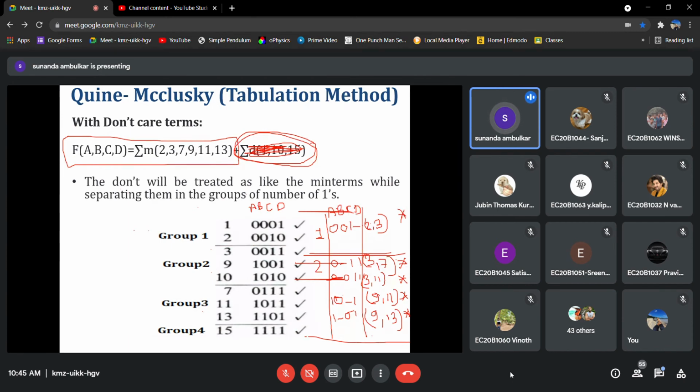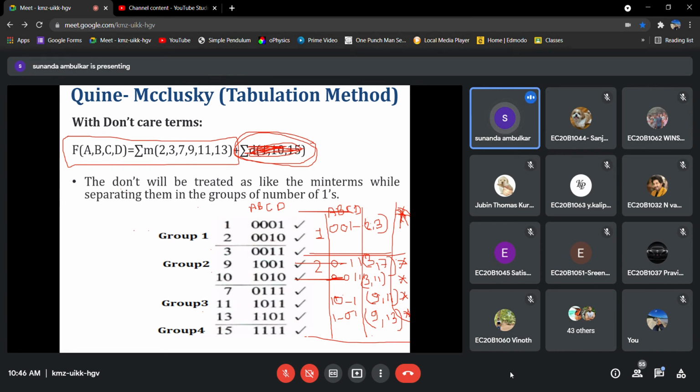In the second table there is no possibility of any checking, because there is no combination which has only one variable change. So that's why we are putting a star mark here. That's why I said don't forget to put a star mark whenever you see no one variable change. So we put a star here, and we check off here. Okay, so now what happens, this star mark indicates that this will form the prime implicants.